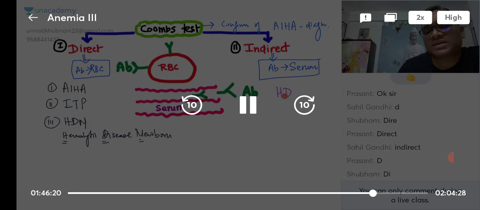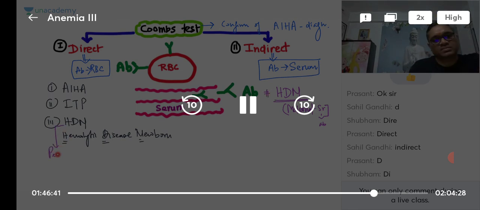So whenever the examiner says hemolytic disease of the newborn and the blood sample is from the mother, it is maternal serum which is having antibodies. But remember one thing: commonly we take the sample from the baby, the pediatric blood sample. So if nothing is written, understand pediatric blood has been sent, and that is why direct Coombs test. But when the examiner writes purposefully that mother's sample was sent in a suspected hemolytic disease of the newborn, which investigation will you do? The answer will be indirect Coombs test.